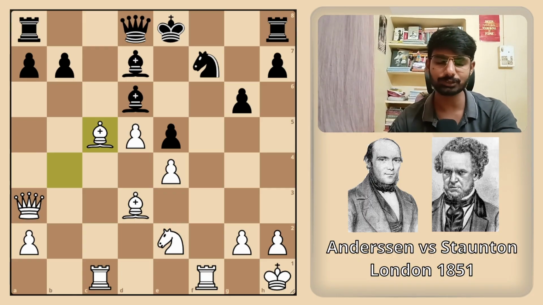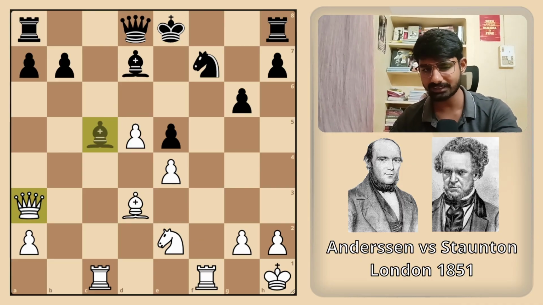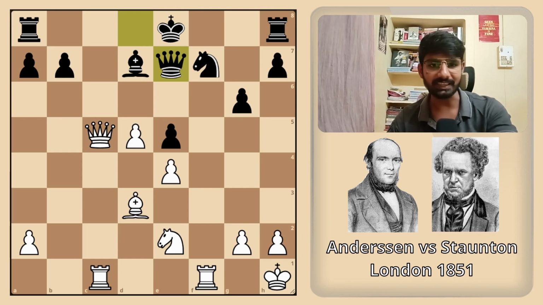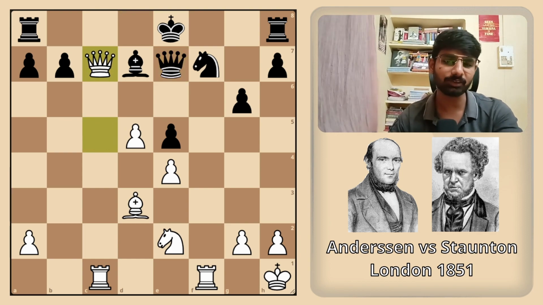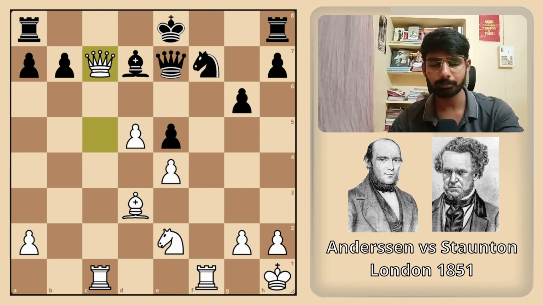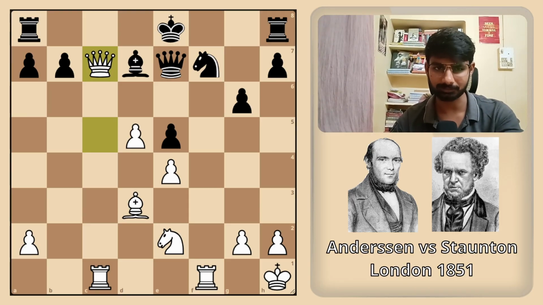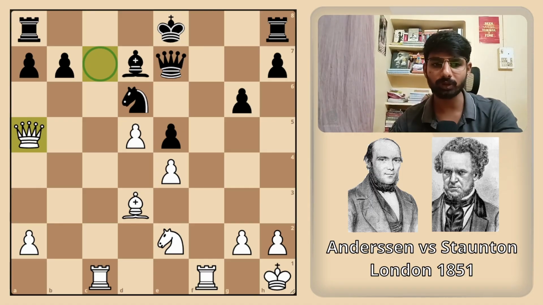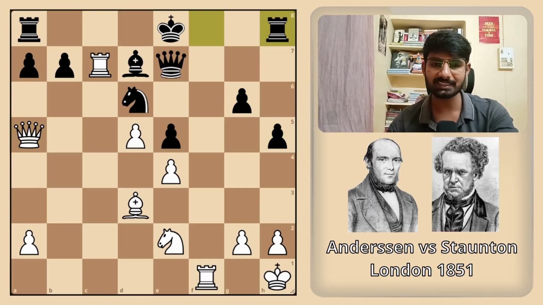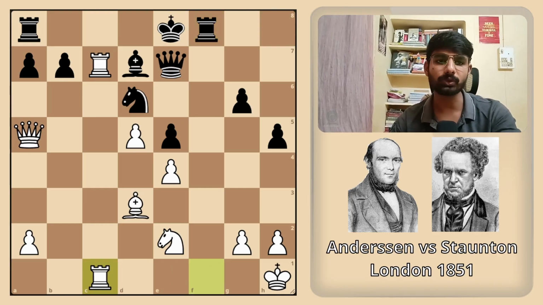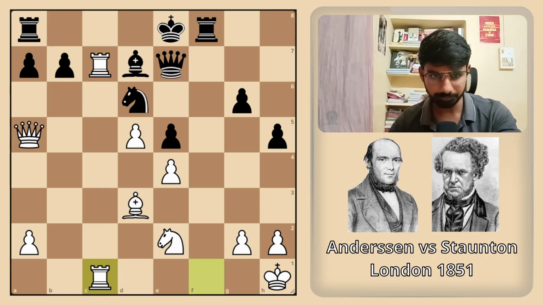White is doing great in this position, but Black's king is stuck in the center. Bishop takes c5, queen takes c5, queen e7, queen c7. Obviously, trading queens is not a good idea in this position because we have good development. So knight d6, queen a5, clearing the square for the rook, h5, rook c7, rook f8, and rook a c1, doubling the rooks.